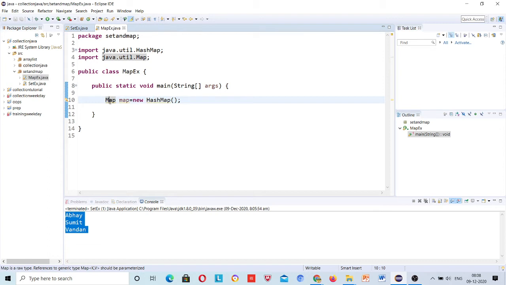Hash map and the tree map are the implementing classes for the map, and for set, hash set and tree set are the implementing classes, right? So map actually stores data in key value pair.